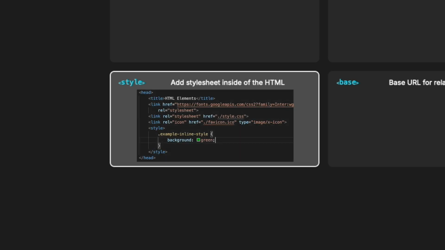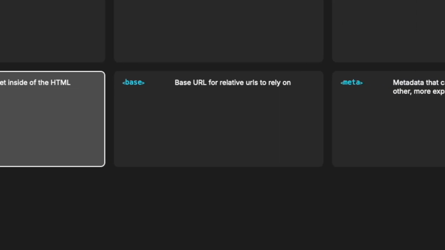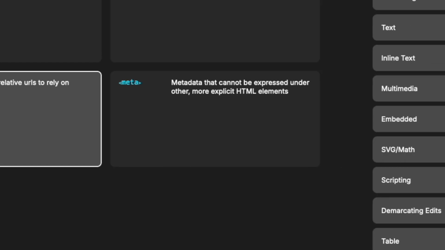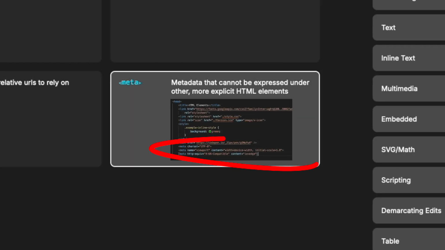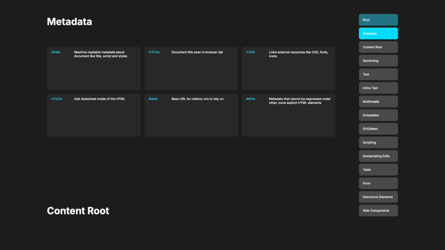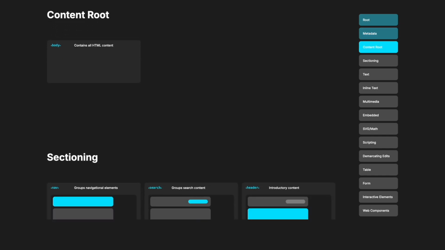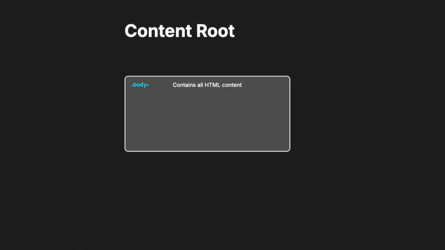Style, to add a style sheet inside of the HTML. Base, a URL for relative URLs to reference. And meta, a tag for any additional metadata that can't be captured using other HTML elements. The HTML document is split between head, filled with the metadata we just talked about, and body, filled with the